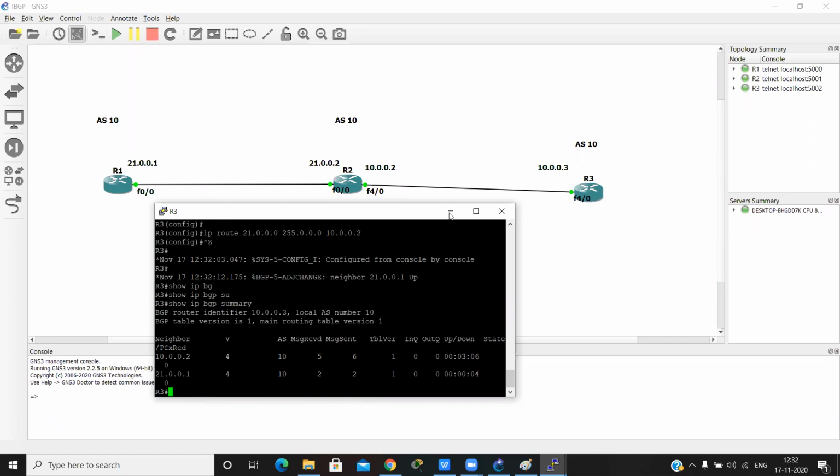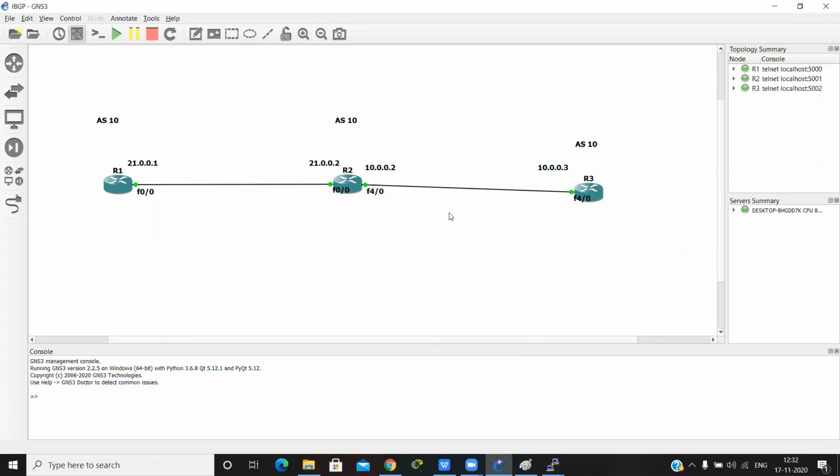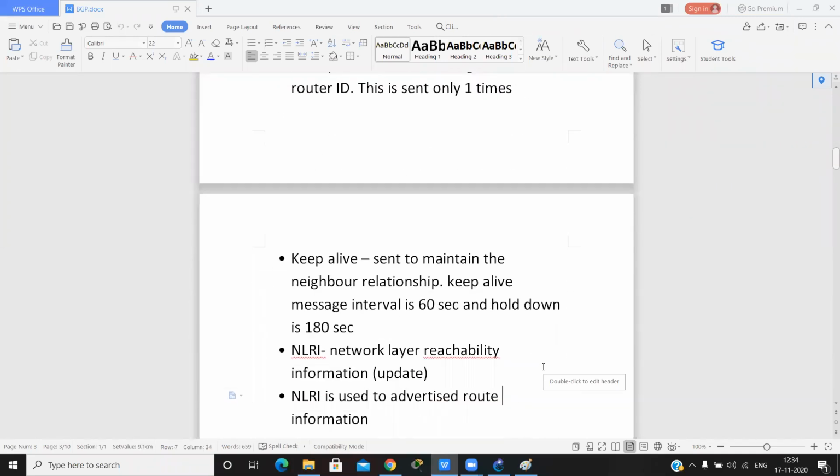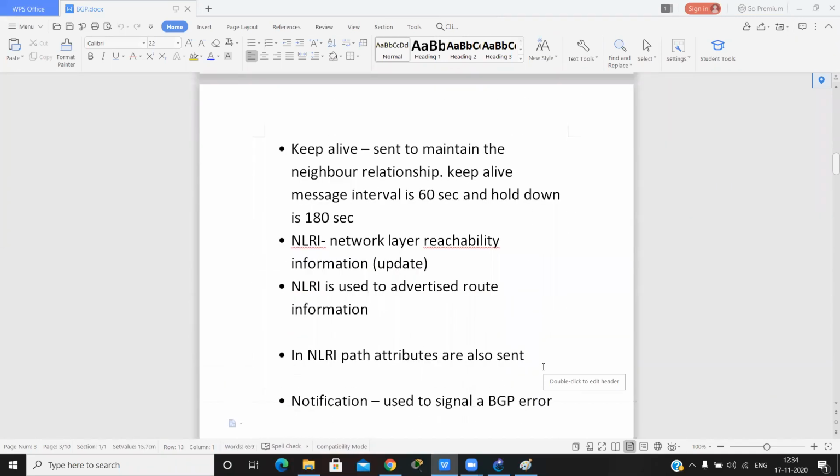So BGP messages: we have four types of BGP message: open message, keepalive message, update message, and notification message.